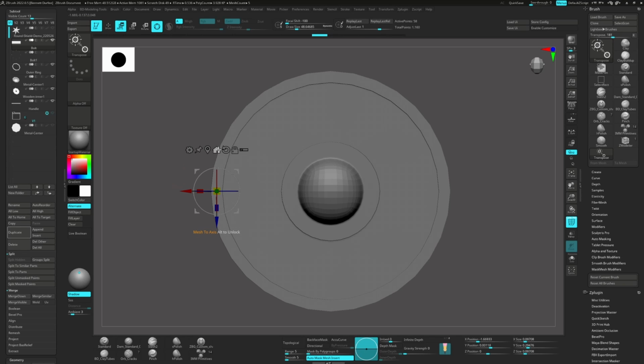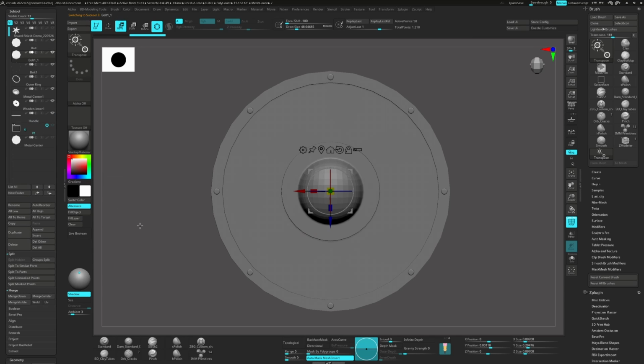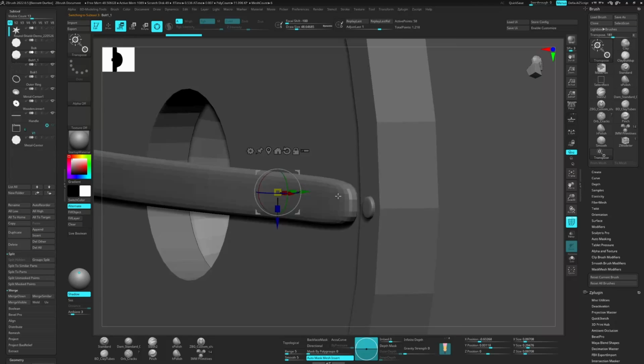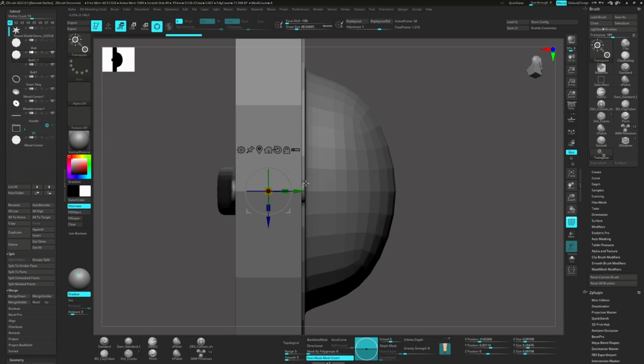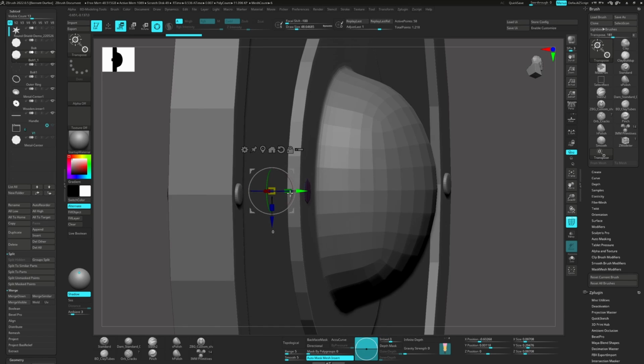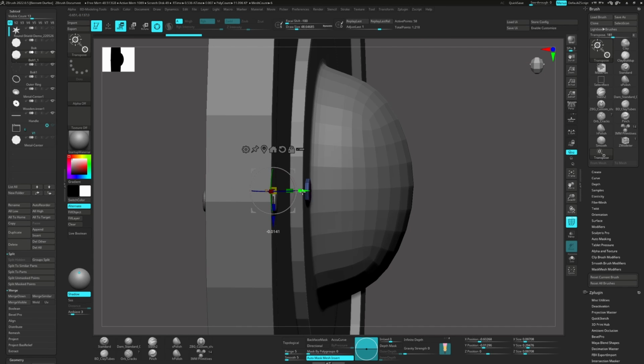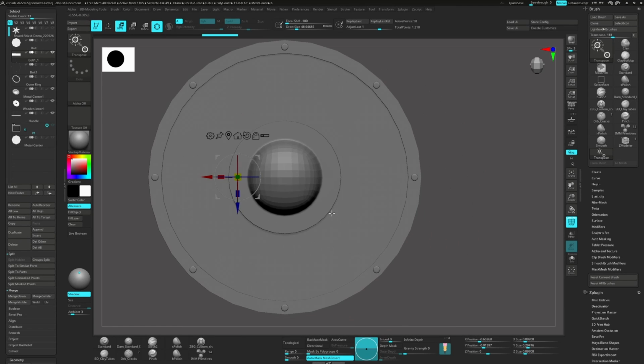So with that, hit W, and then don't hold Alt and just tap this home button, and it will send this back to the world center. Now we'll do this inner. We'll do our inner bolts the same exact way. So, you know what? I'm going to duplicate this just so one of them has a history. Turn that off, and drag this out to one side, about where you want it. I guess these ones don't need to stick out so much, but about there, sure. Hit D, Q,